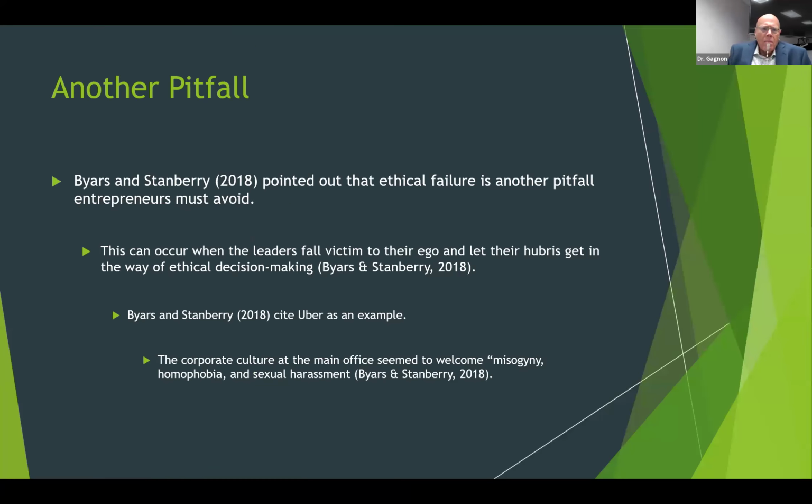Now, another pitfall that Byers and Stanbury pointed out is that ethical failure is another one of the major dangers that entrepreneurs really have to try to avoid. And this can occur when leaders fall victim to their ego and let their hubris get in the way of ethical decision making. And this really comes down to